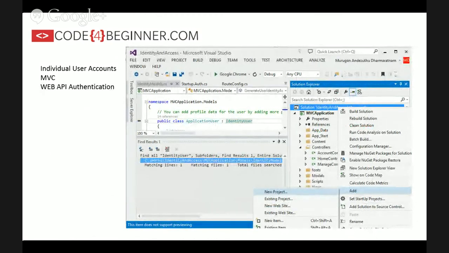Now, let us look at how to authenticate users using ASP.NET in ASP.NET MVC Web API. This is a question that I receive a lot of the time. People want to know what is the best way to authenticate users in Web API. The answer is that the simplest way to authenticate users in Web API is using the default provision provided in Visual Studio. What I'm doing is adding another project to this solution,